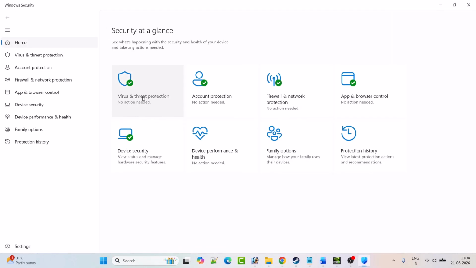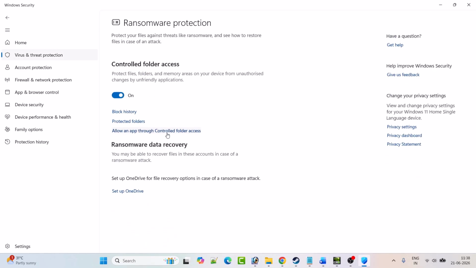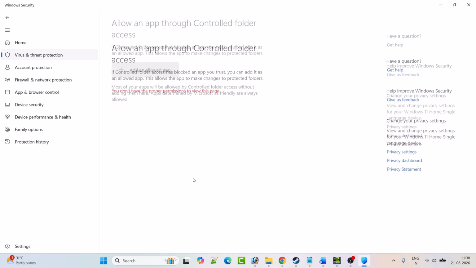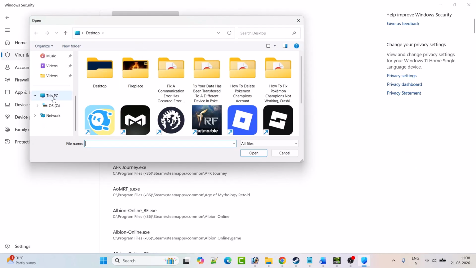Then click on virus and threat protection. Scroll down, click on manage ransomware protection. Click on allow an app to control folder access. Click yes to allow. Click on add an allowed app, browse all apps, and then browse to the game installation